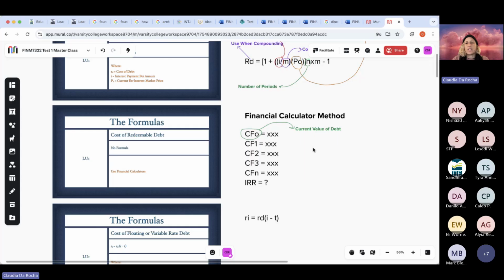Then for each year, up until the maturity year, so between year zero and the maturity year, let's say for example that this debt redeems in 10 years' time, from year 1 to year 9, you're going to include your coupon payments